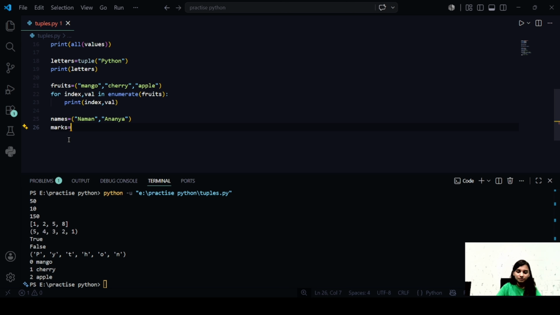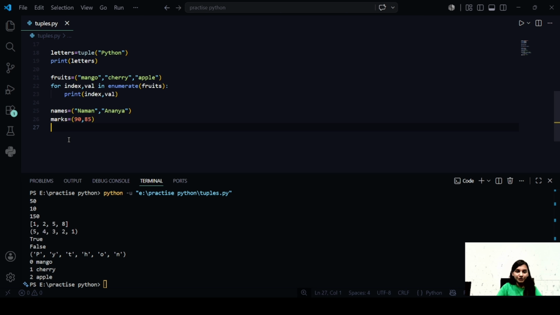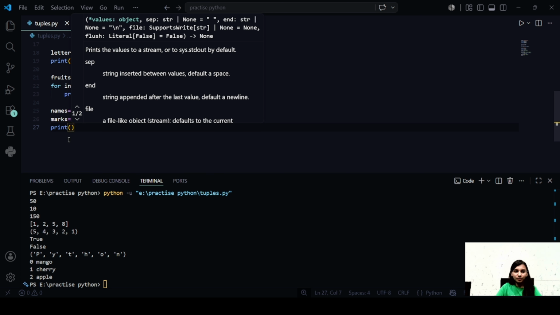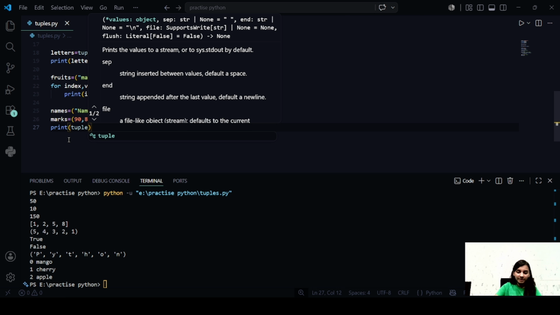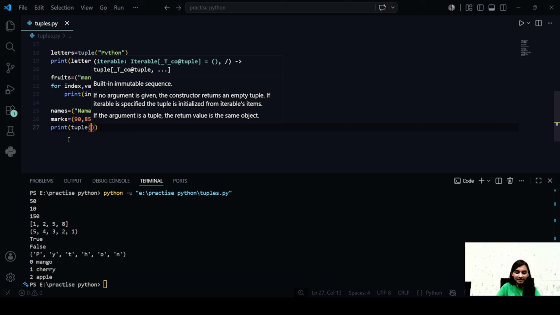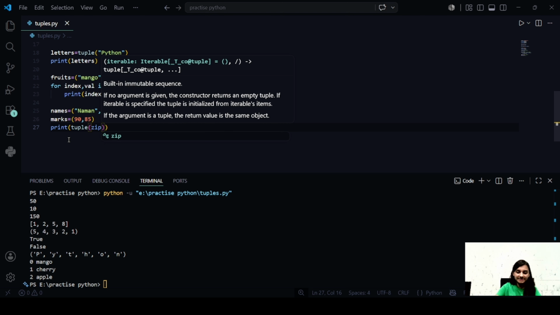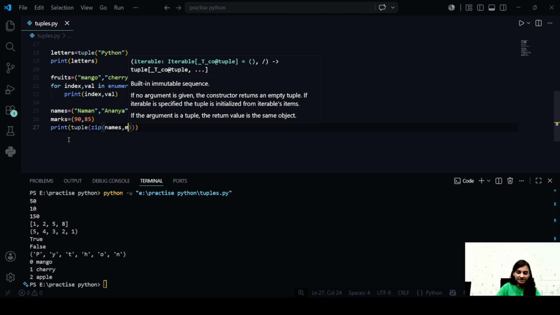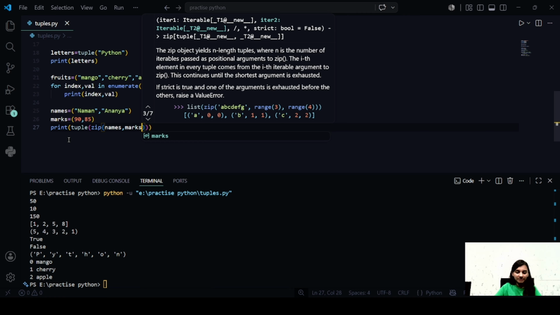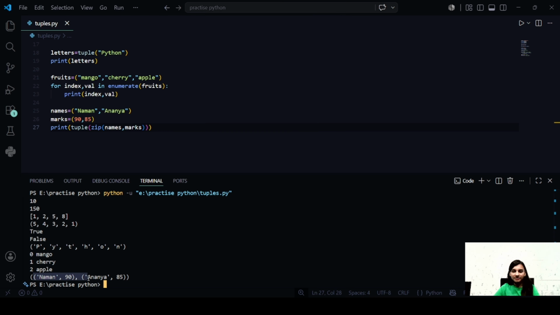So now using the zip function, you can combine the two tuples. So to combine the elements from multiple tuples, you make use of the zip method. In brackets, we'll mention names, comma, marks. And now on running it, the corresponding elements from multiple tuples get combined.